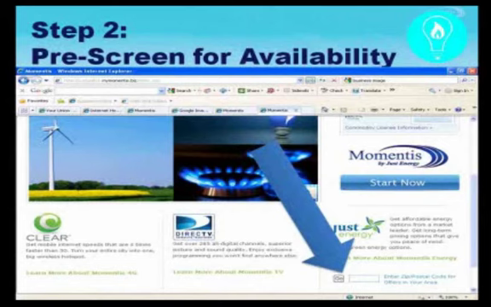So you can have all of those pricing and product details in front of you before you even go talk to a customer, because the energy service is not available in every single state or province in North America. So you'll want to pre-screen and find out exactly what is available before you talk with your potential customer.